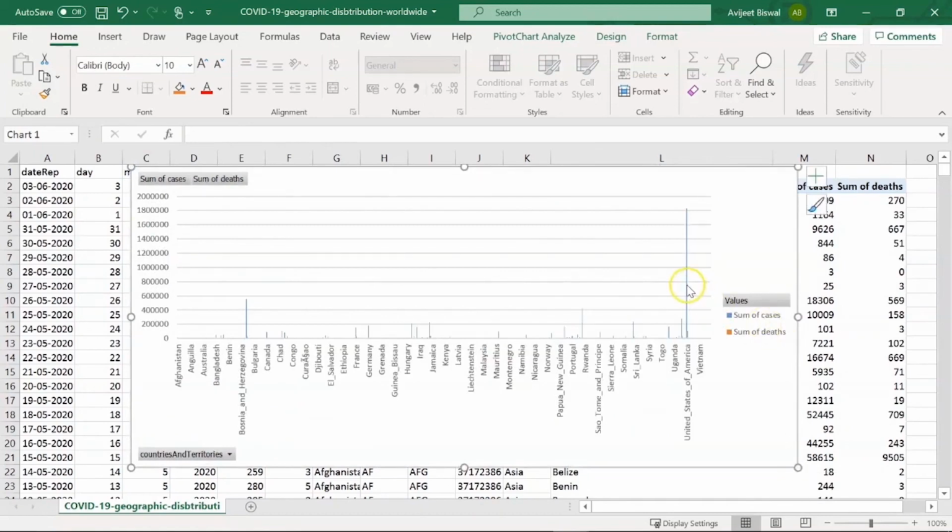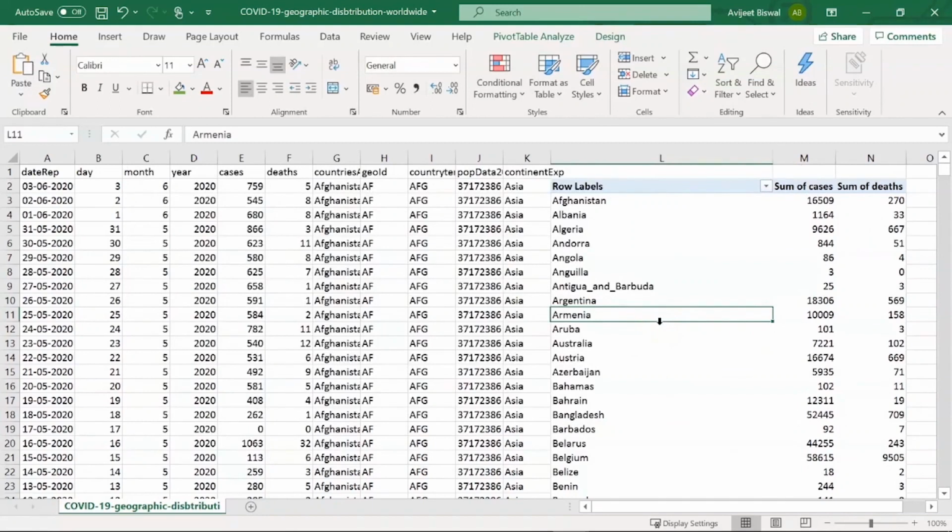You can see there's a blue line and there's an orange line as well. The blue line represents the number of cases and the orange line represents the sum of deaths. This chart depicts that United States has the highest number of cases as of now. And then you can see we have Hungary, Iraq, then there's Portugal and other countries as well. Let me delete it.